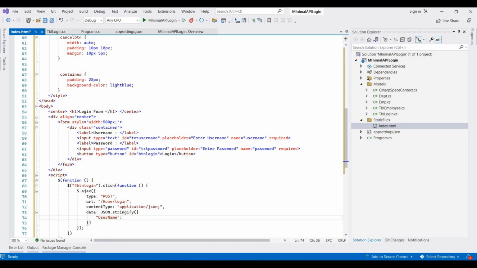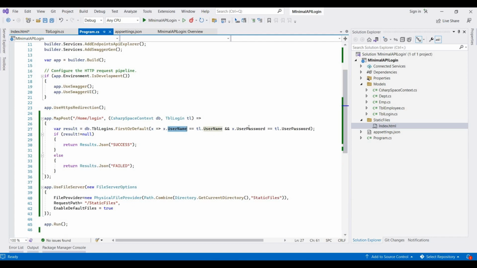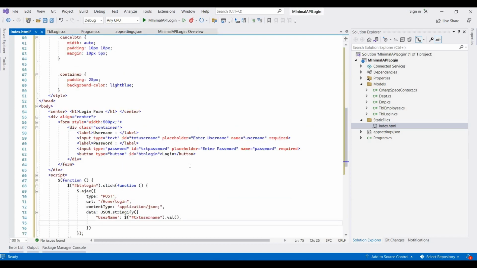So username, then pass that text username dot val, and then password. So here we pass the password ID dot val,